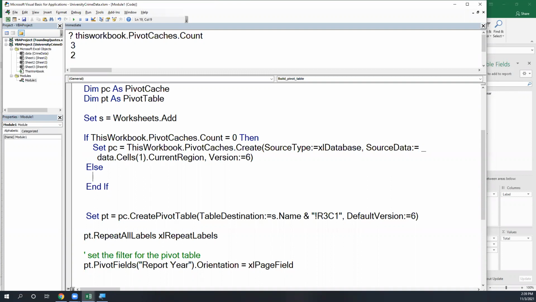Okay. Let's start off by just looking at the first one. We might want to make this a little bit more sophisticated, but let's start off just by looking at that first pivot cache. So if this workbook pivot cache is number 1 dot, and then I think there's a property called record count. Yeah, record count. If that is equal to